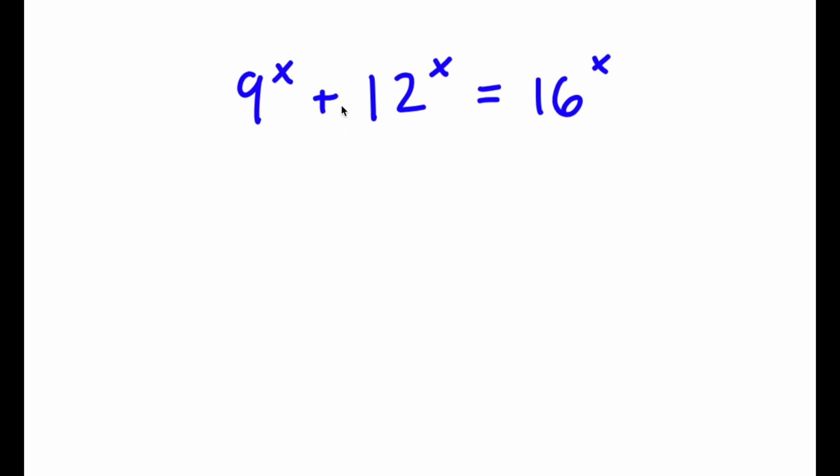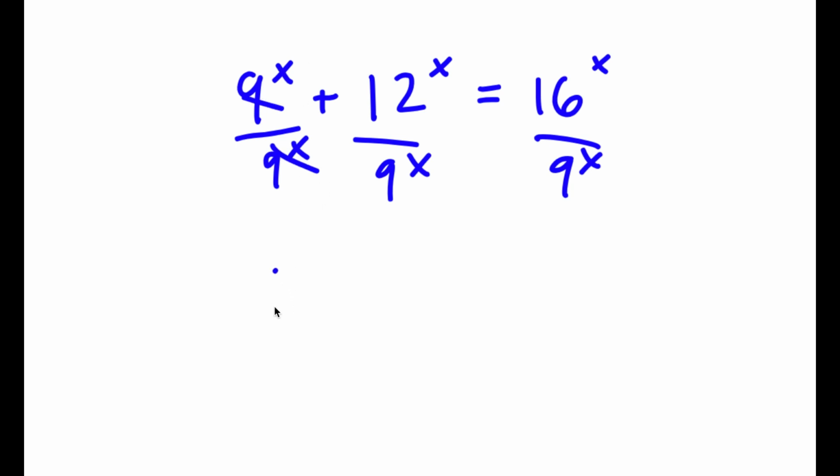Alright, so in this problem I have 9 to the power of x plus 12 to the power of x is equal to 16 to the power of x. So I'm going to first start by dividing every term by 9 to the power of x. So 9 to the power of x over 9 to the power of x, those two cancel out. So I have 1 plus 12 over 9 to the power of x, which simplifies